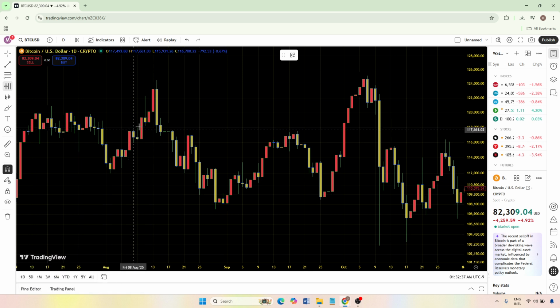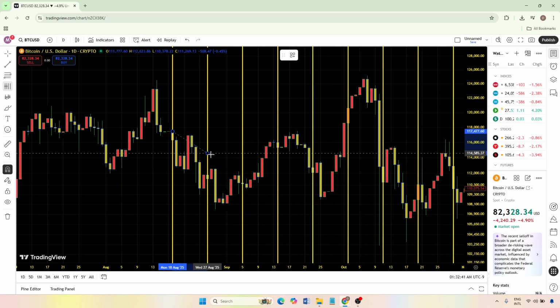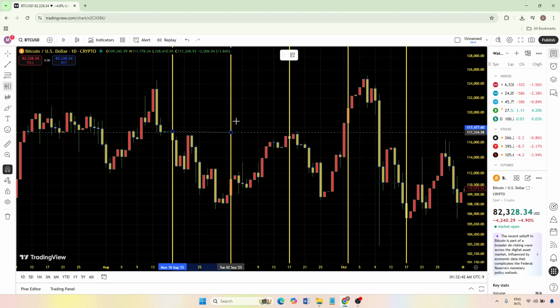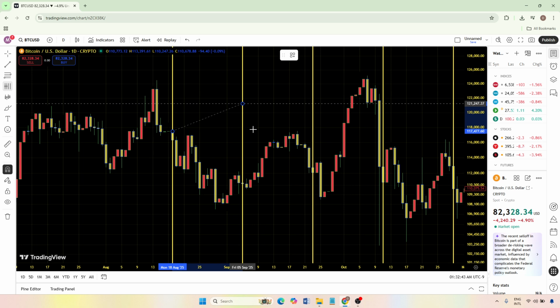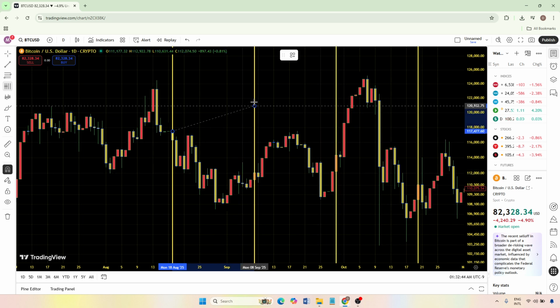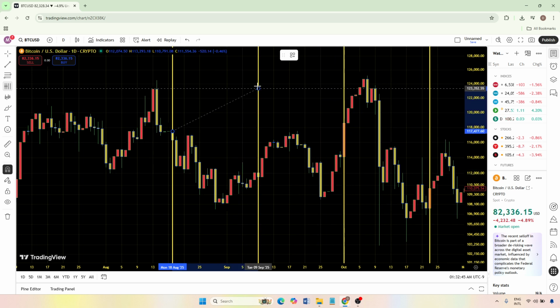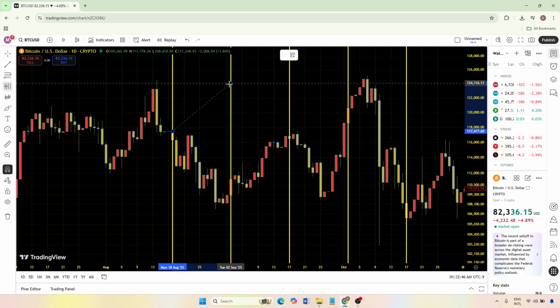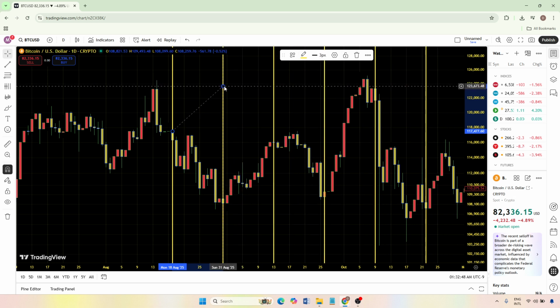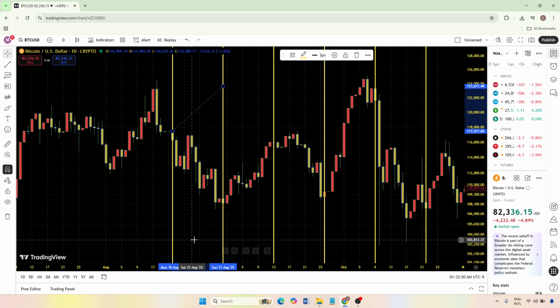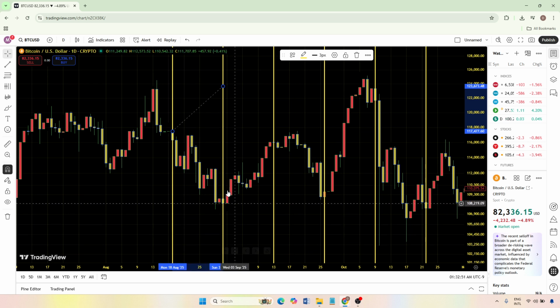on the chart. To create your cyclic lines, start by clicking on the chart to set your first point. This first point usually marks the start of a cycle you want to measure, like a swing low, a swing high, or any key point in price action that you care about. Then move your cursor to where you want the cycle to end and click again to create your second point. TradingView will automatically generate repeating vertical lines based on the distance between these 2 points, projecting that same interval forward